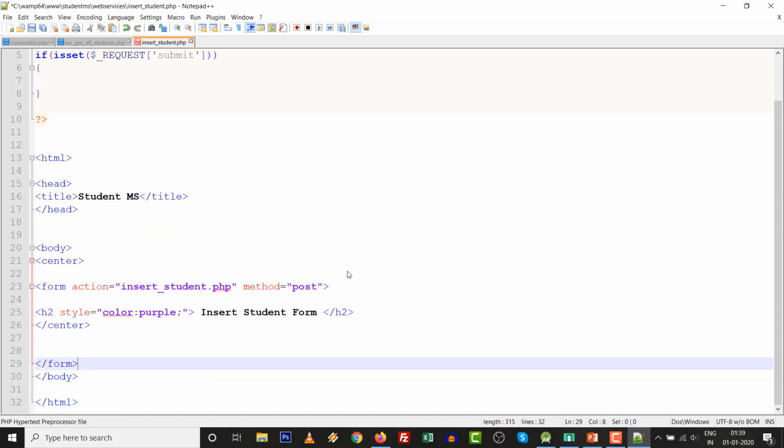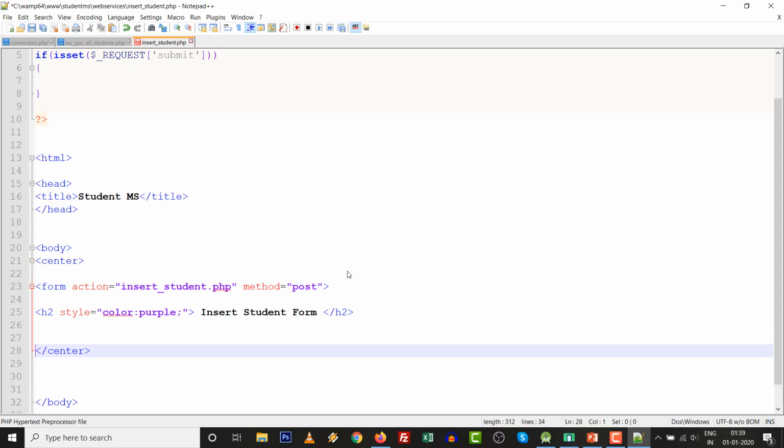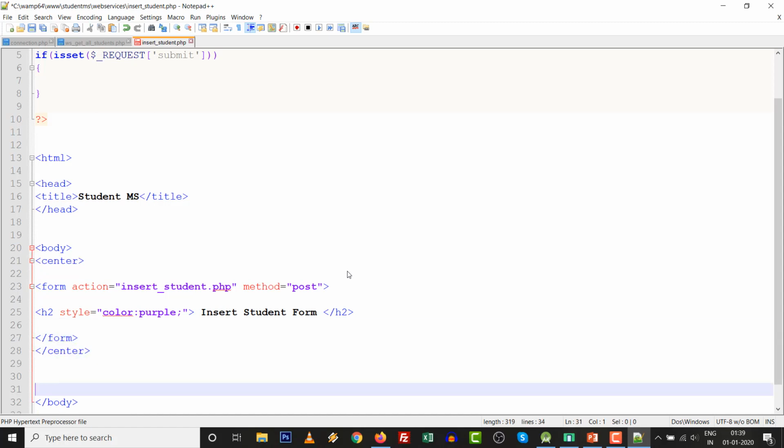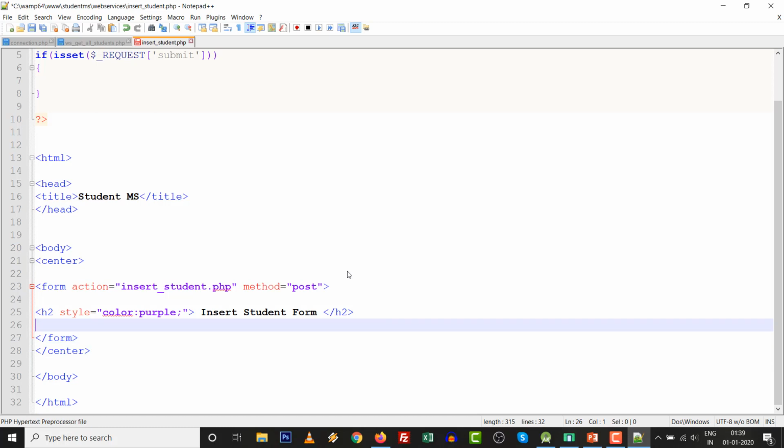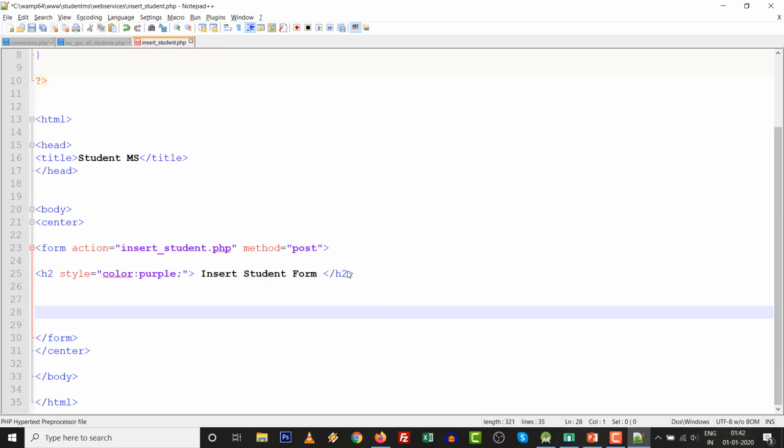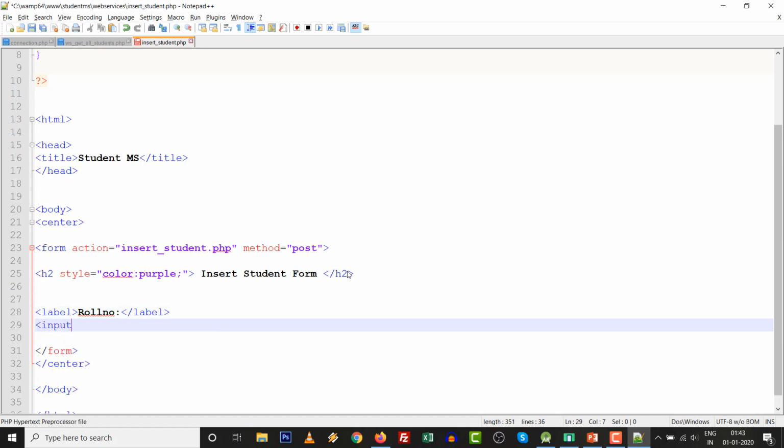So completely our code is here. So before the center, yes, this one, complete our code is here. First let's see, then we take on label also, then set roll number, and this one label ending, input